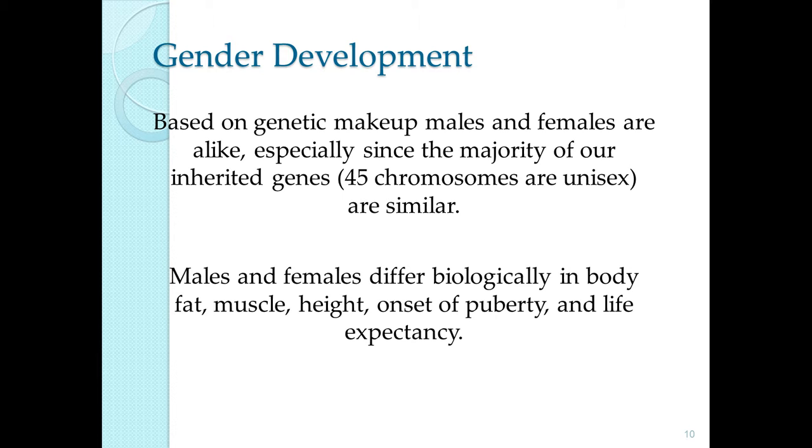So a lot of the differences that we have come down to physical differences. So women have 70% more fat on average, 40% less muscle, and are about 5 inches shorter. They're more likely to become aroused quickly after having completed sex. They're more likely to express their emotion freely, and they're more likely to experience mood disorders like depression and anxiety. Men are more likely to experience color blindness, be diagnosed with autism, or antisocial personality disorder. So those are some of the differences that we see in men and women.